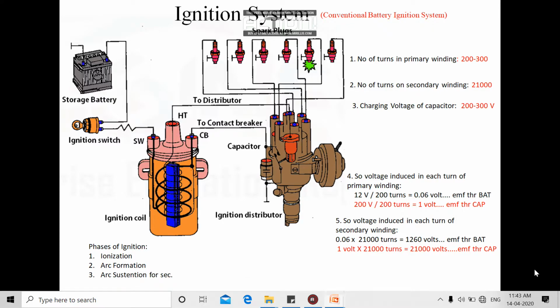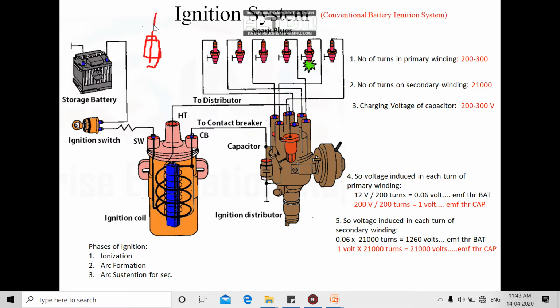We know there is a spark plug present at each cylinder in order to generate the spark. The spark plug consists of two electrodes, a positive electrode and a negative electrode. The positive electrode is located at the center of the spark plug, and the negative electrode comes from the body of the spark plug and passes across from behind the positive electrode.